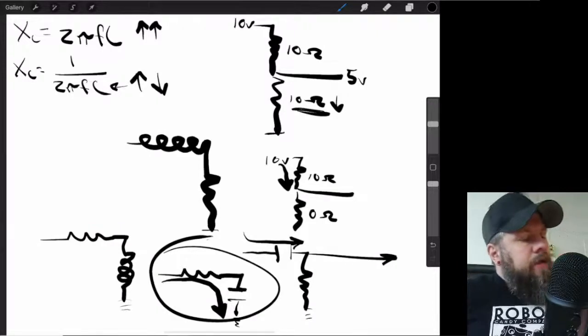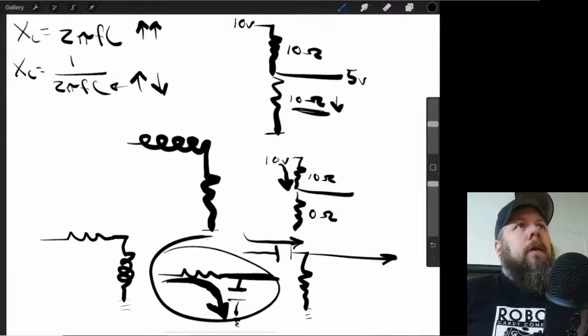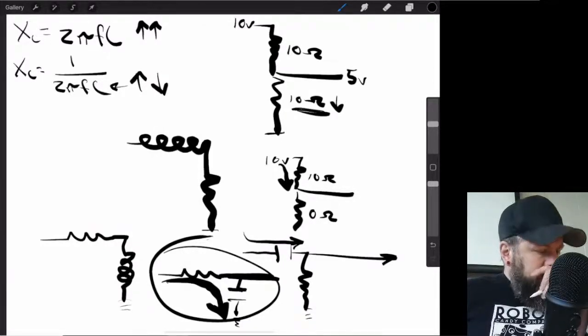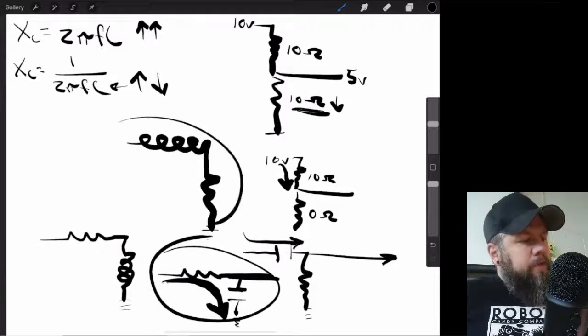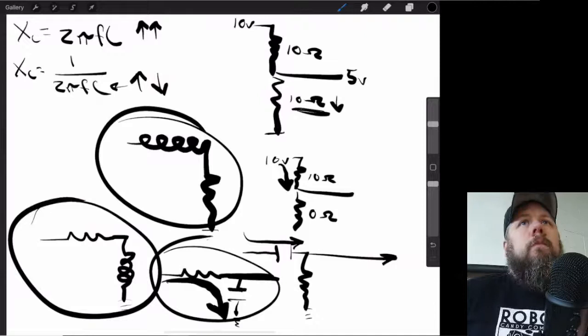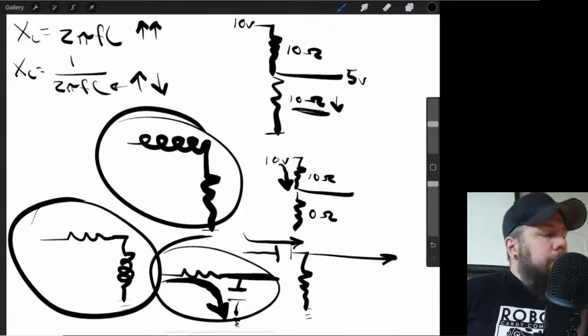Okay, so what do you think's coming out of here? Like, all my high frequencies are getting grounded out right here, aren't they? All the high frequencies are getting grounded out. So I can build a low pass filter and a high pass filter with the coil. The problem with coils is they're fairly expensive to make. There's a lot of copper in them. It's a bunch of coil wire. So if we can do